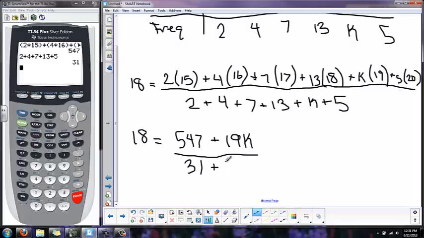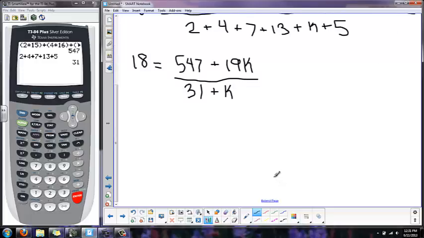So now we need to go about solving this. We need to get that K all by itself. And the problem is right now that I have a K in the numerator and I have a K in the denominator. Well, a lot of kids struggled with this, but I feel like if you put the 18 over a 1, you can kind of see better what we want you to do. We want you to cross multiply in this case. Alright, so I'm going to do 18 times 31 plus K and 547 plus 19K times 1. So that times 1 is just itself, so 547 plus 19K